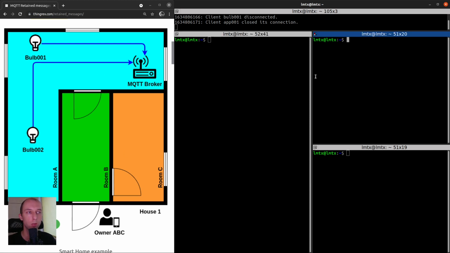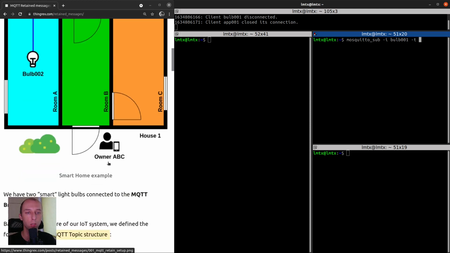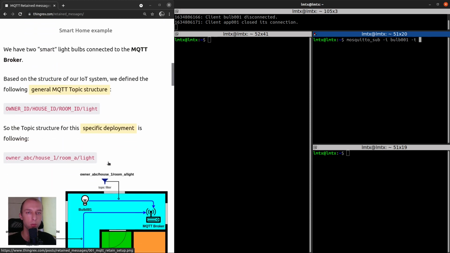First of all, let's connect to our MQTT broker. The client ID is going to be bulb 001. We want to connect to a specific MQTT topic, and this is extremely important because you need to be very careful when you design your MQTT topic structure. So let's take a look at what I proposed in this blog post.